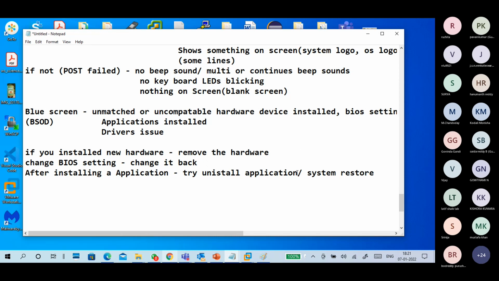You can do system restoration, meaning back to the previous state. Uninstall recent updates, Windows updates, or device driver updates. Okay, understand? Uninstall the recent updates.